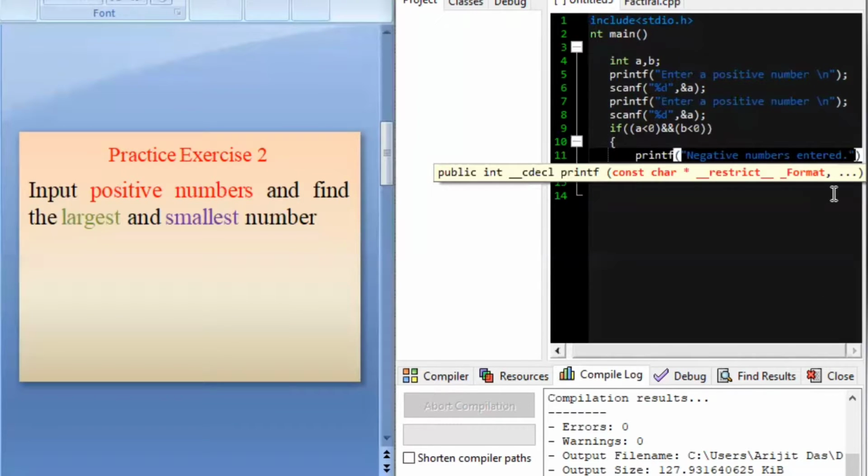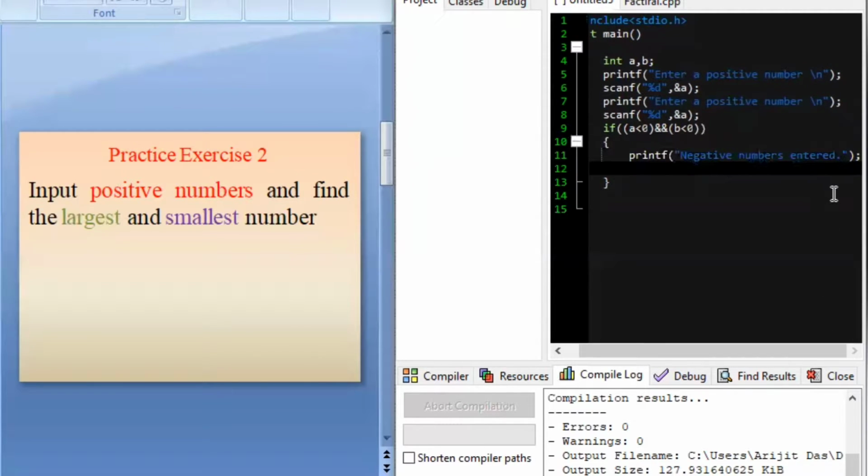Enter. As a result, the program will be terminated using a break statement. And if that does not happen, else we will check